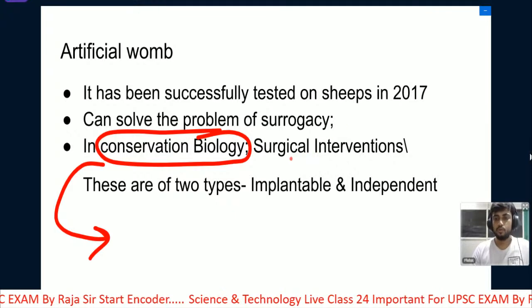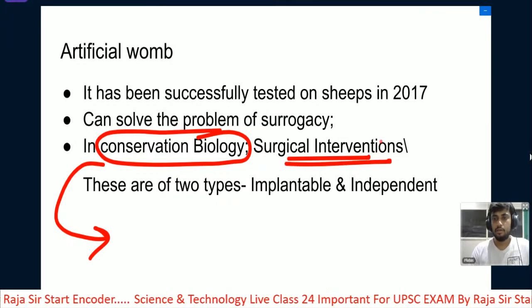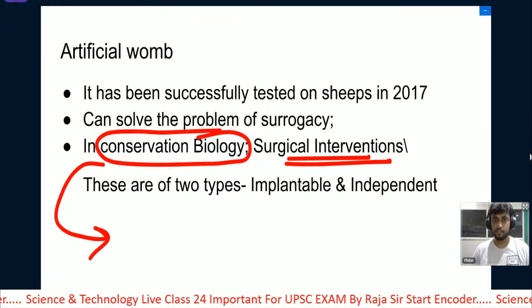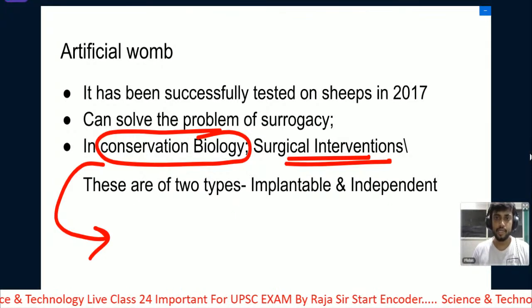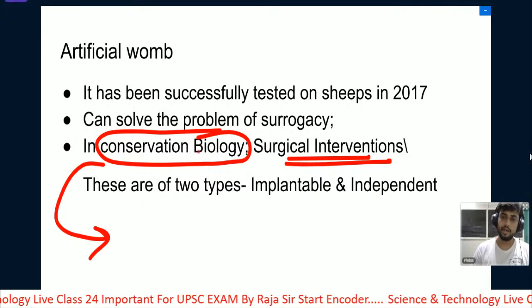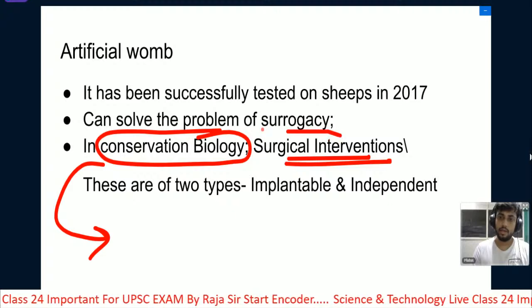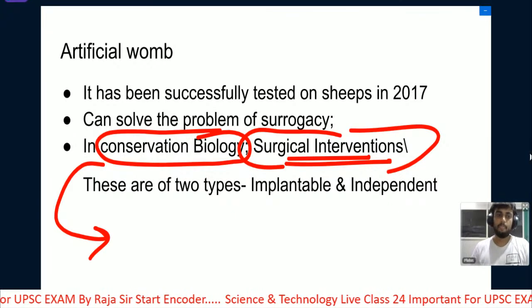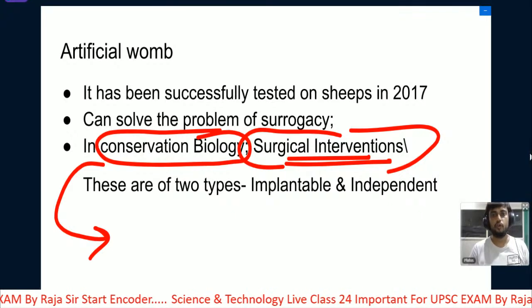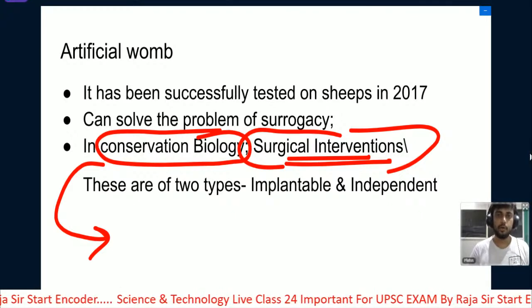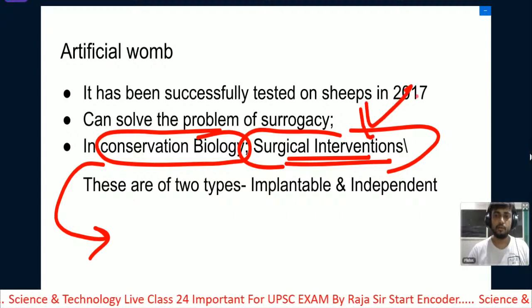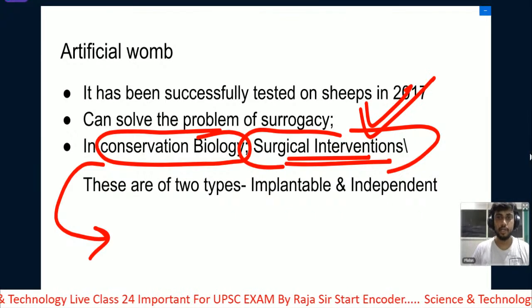We can also do surgical interventions. If in the developmental phase there are some problems related to the growth of the child, then we can do certain kinds of surgical interventions, and it will be easier for the doctors to intervene. If any kind of complication is developing inside the body of the child, because it is visible from outside, the doctors can easily do the surgical interventions.